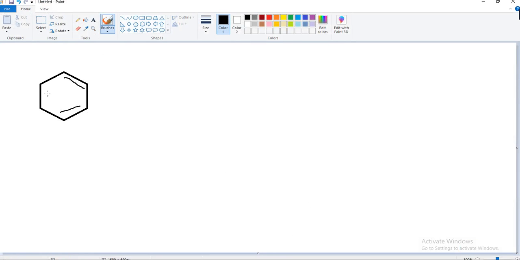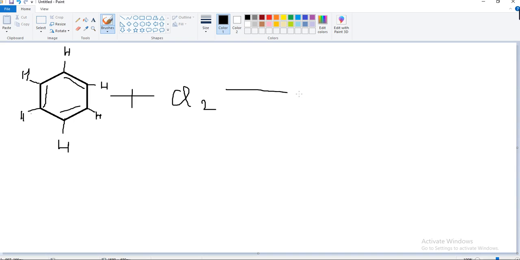So this is the benzene ring. If we are adding chlorine in presence of UV light, in the molecular formula of benzene, see, one hydrogen atom is present on every carbon atom in the ring. So when chlorine is reacted with benzene in presence of UV light or sunlight,